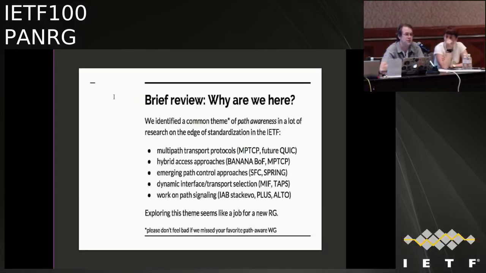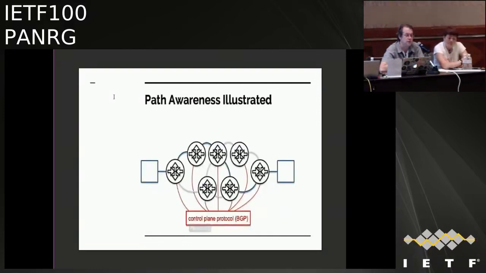architectures and frameworks are not really what the IETF does, but this did seem like a theme that a new research group should explore. So for those of you who have no idea what I'm talking about, because you were over in IDEAS, the last time we had that was an unfortunate conflict. As I understand it, we have an unfortunate conflict this time with the routing working group. So at some point, we're going to have to actually get the routing people in here.